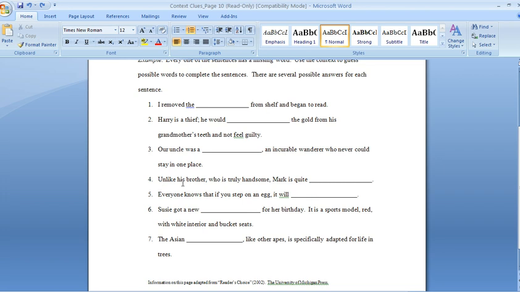Now this one, we can't use any grammar, really, but what we can use is logic. Everyone knows that if you step on an egg, it will blank. Well, of course, what happens when you step on an egg? It about breaks. Does that make sense? Yes, it does. Okay, so you can see that using logic, you can guess the